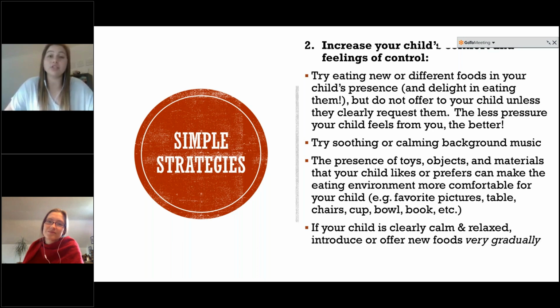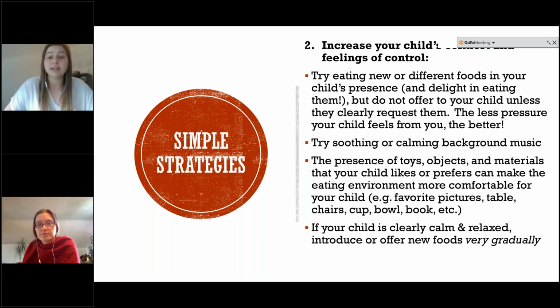So when they are around you and you are eating something, that is something that they are observing all the time. So regardless of if it's vegetables or meat or a dessert, something where you notice that if you take interest in something, your child is probably going to feel more comfortable with it. It's the same as with exposure to anything. The more exposure you can get, the less anxiety you feel, less stressed you feel around it,